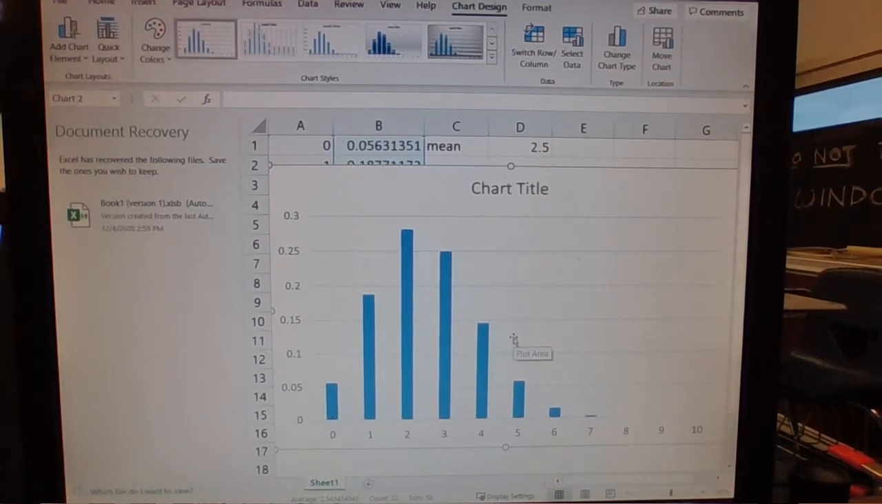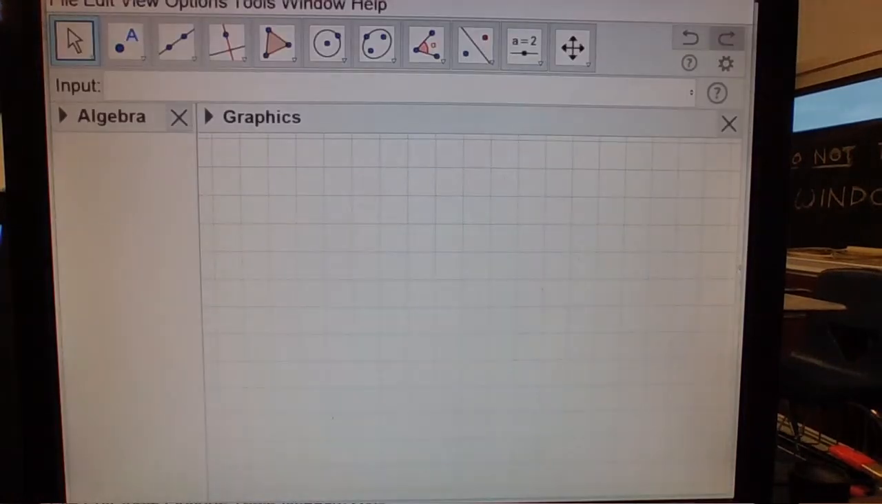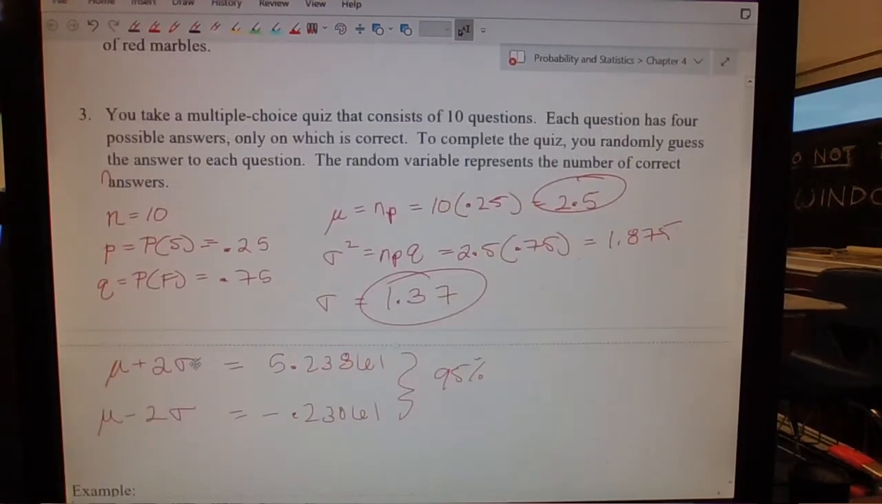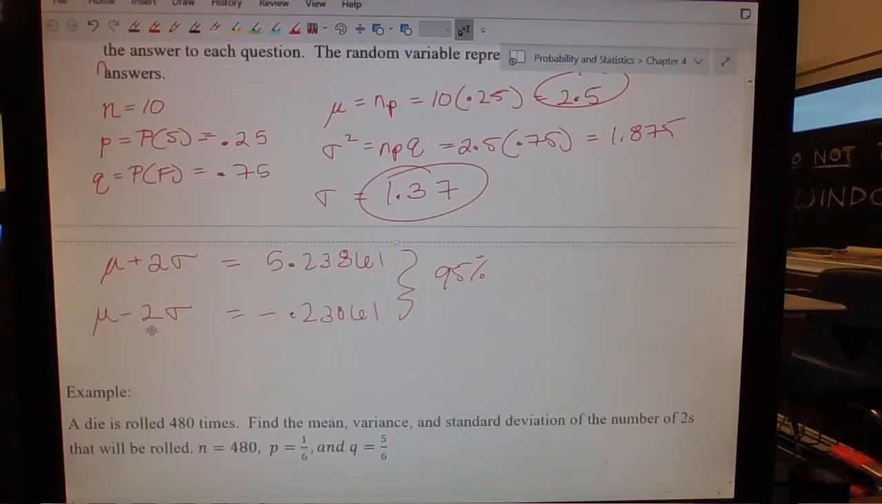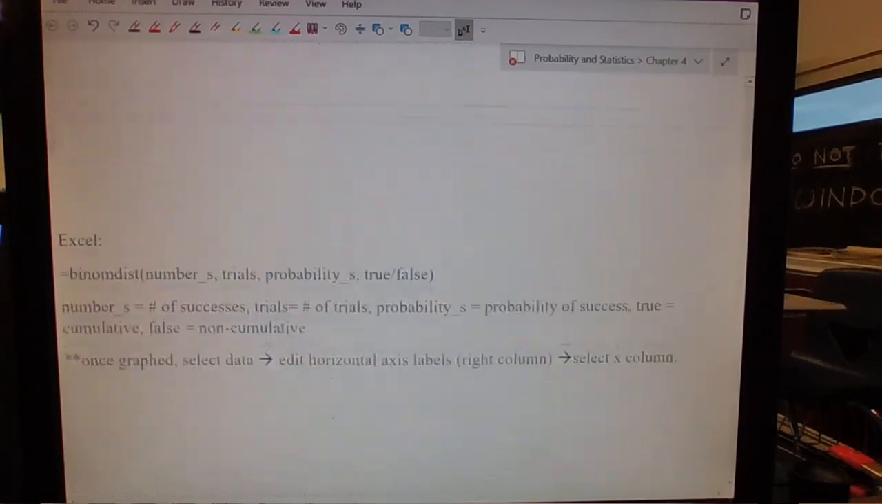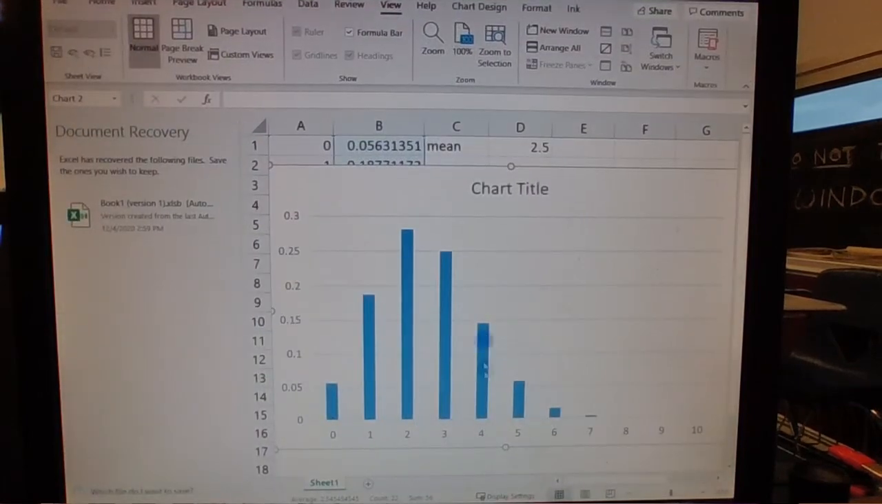And our argument is, based on our standard deviation, let's see here. I think we still have it written up here. So our standard deviation was 1.37. Adding 2 standard deviations and subtracting 2 standard deviations gave us 5.23 and negative 0.23. So I'm going to round out to like 5.2. There we go. So our mean